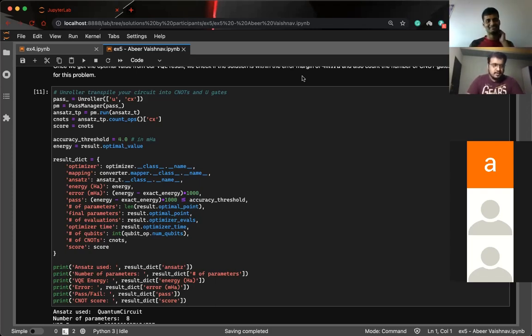The one CNOT result actually had some problem, it was not a valid solution. Towards the end they discarded the solution with one CNOT. So three was the minimum cost that was there. Even two was there, right? Yeah, the one and two solutions were discarded because they were invalid.